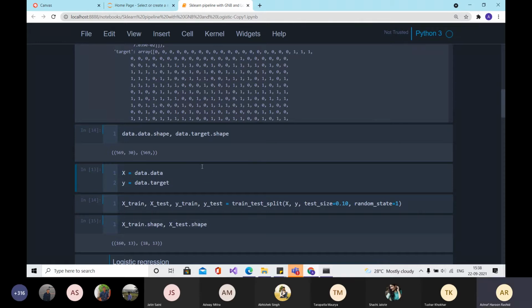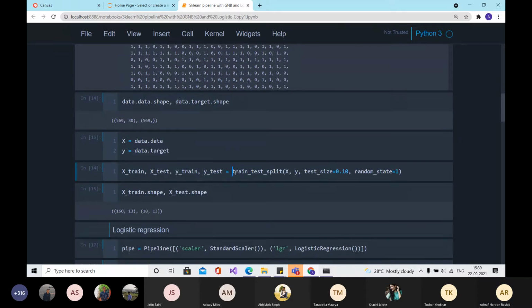Now, the first thing that I explained a few minutes ago is to divide the data into train and test datasets. First, you acquire the data in a variable X, then the target values in a variable Y, and then you have the function train_test_split.